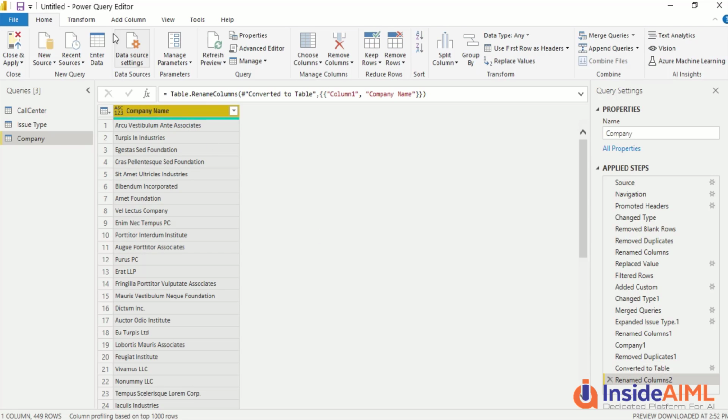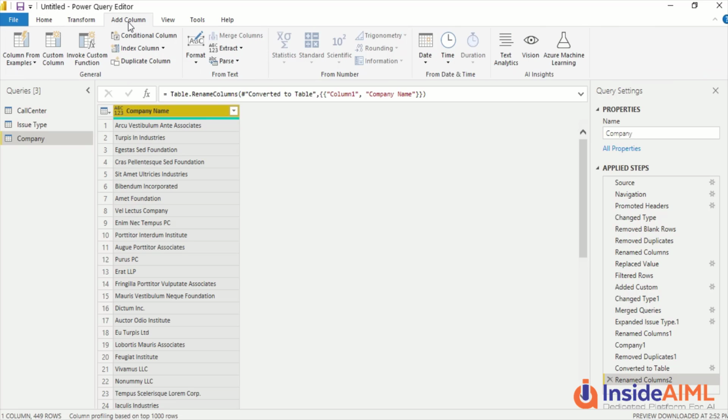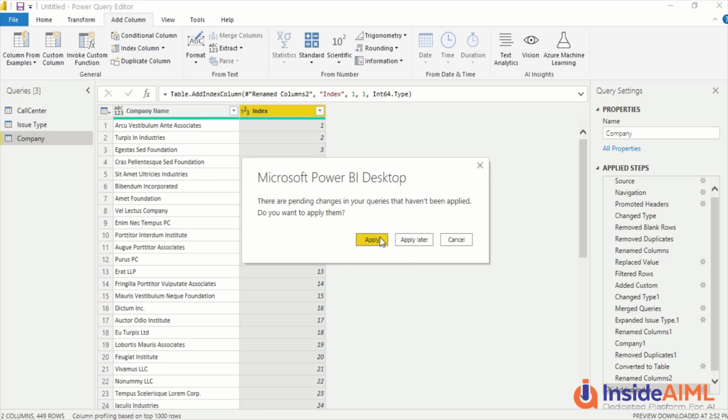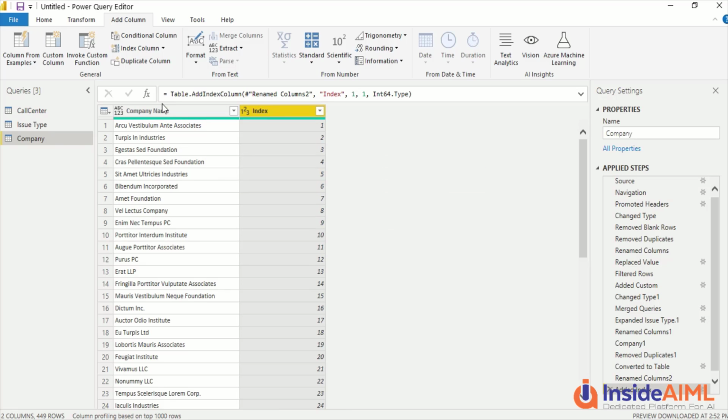In this new table, you should go to the add column tab. Under add column, the fourth option is index column. Add an index column, whatever you want to start from. You have the table ready. You can press Ctrl S, or you can actually save the changes if you want.